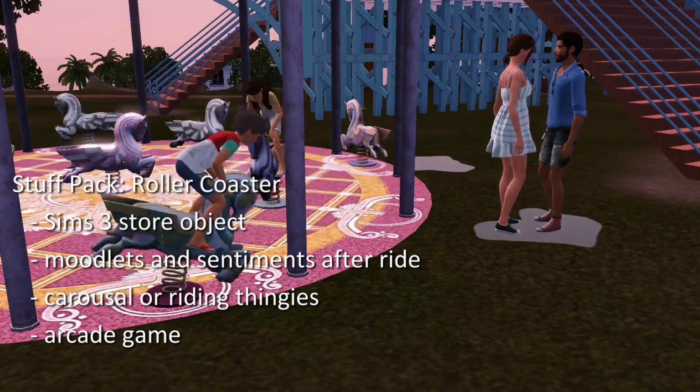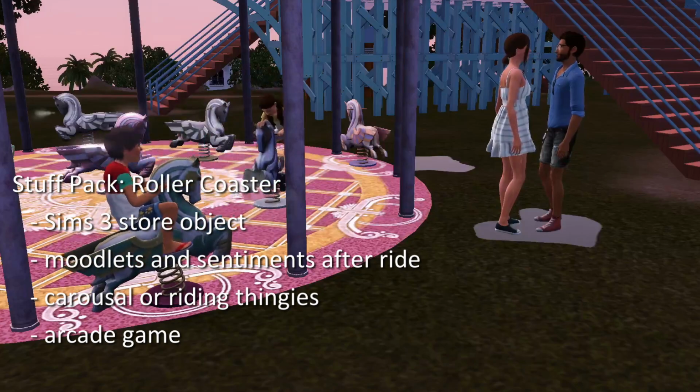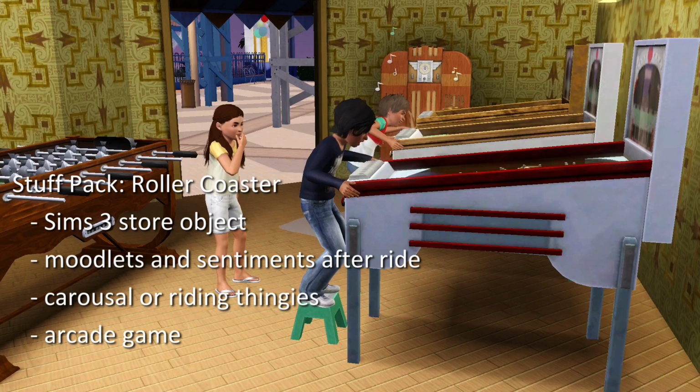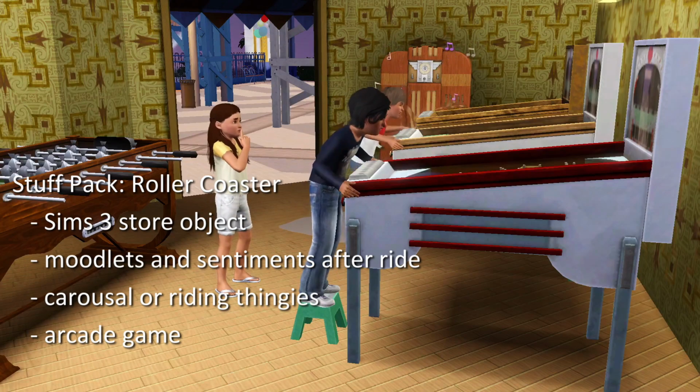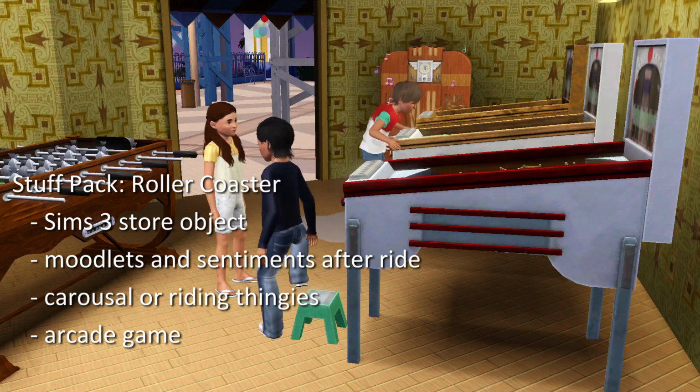There aren't carousels in The Sims 3. I think maybe there's a store object, I don't know, but these riding thingies for toddlers, or maybe even arcade games at this lot, so that this might be even a new lot type, I don't know. But it would be cool to have this roller coaster, because this could be, to go there with your families,